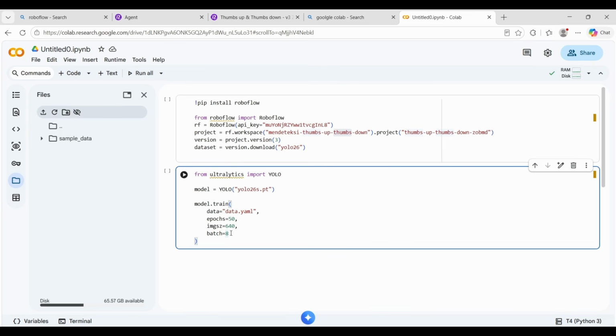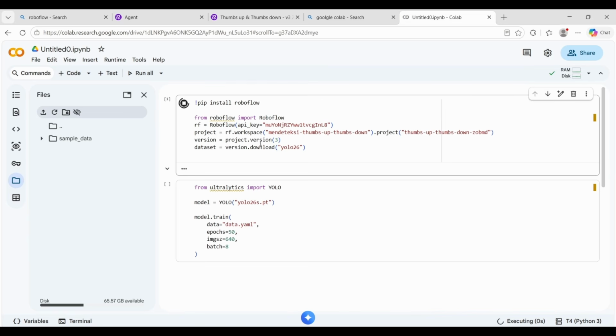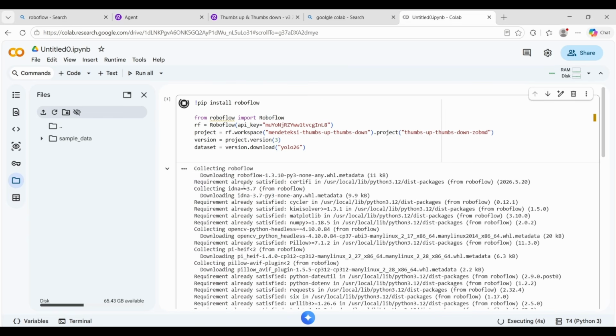So like one epoch, we have to perform 50 epochs. It is a time consuming process. As I've told you, it takes 30 to 40 minutes roughly. So we have to execute this cell, and you can see that it will create a folder here that will